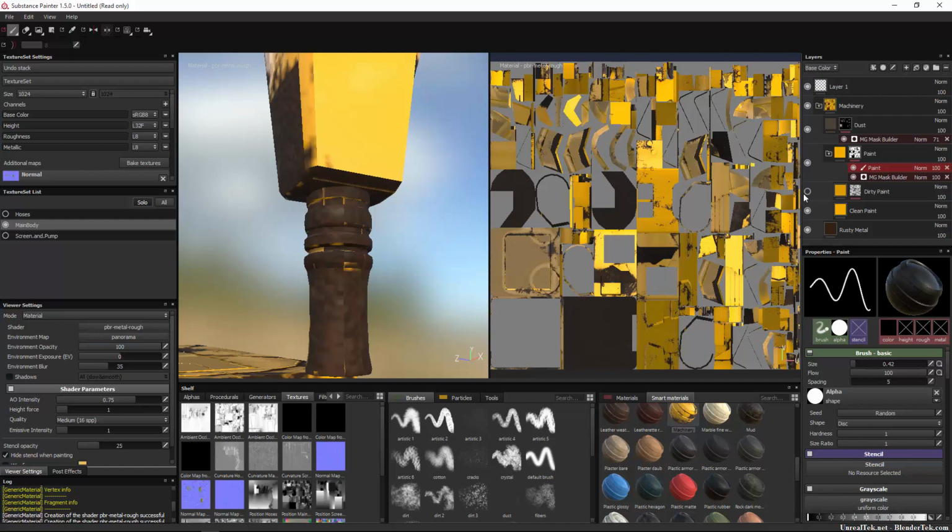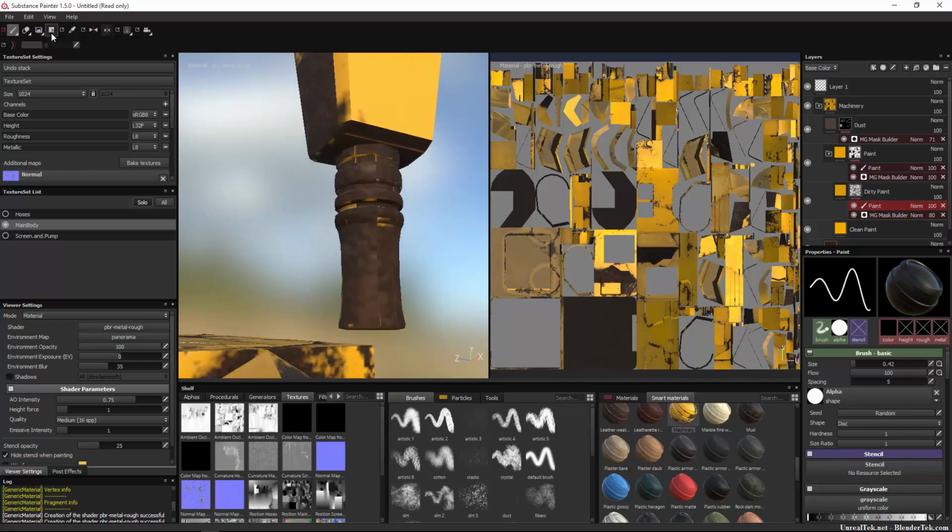So it is a little bit of both. So we can go to the dirty paint layer and we can add a paint layer to that as well. And we could do the same thing. As you can see, that's fixing it a little bit. So I'm going to do the same thing. I'm going to use, since it's just